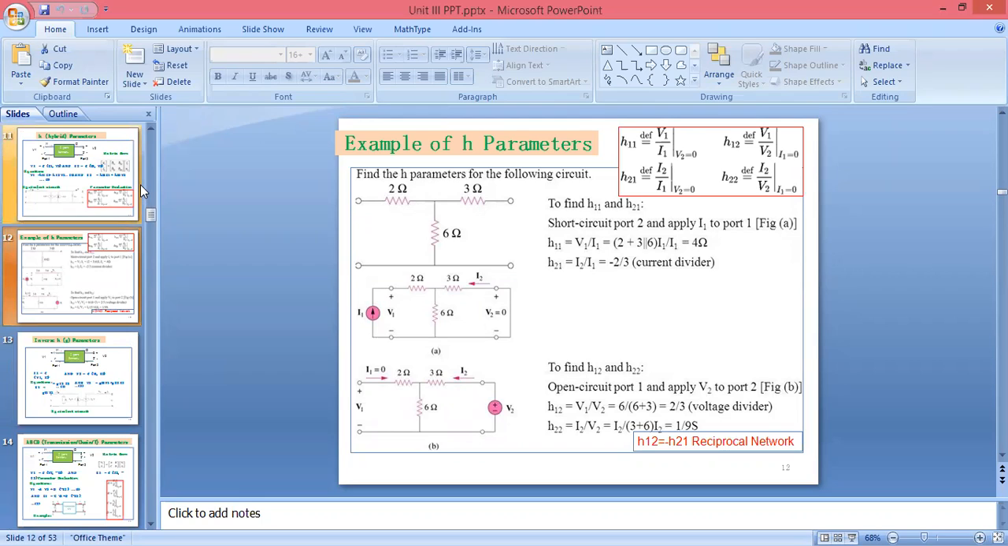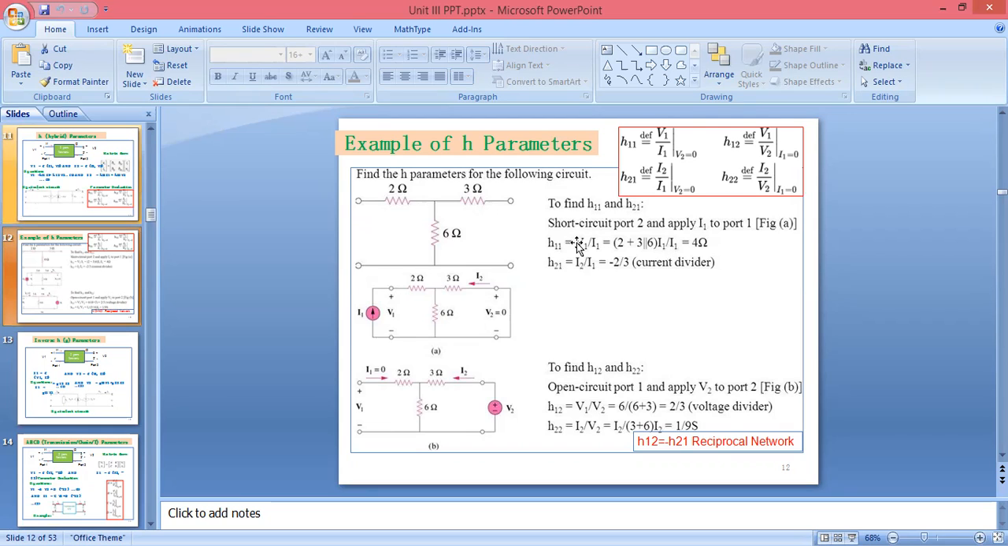We will revise our today's session. So in H parameter, what we have to do? Here we have to calculate the values of H parameters. H11, H12, H21 and H22. When we are supposed to use H parameter, at that time, port 1 will be considered as a Thevenin and port 2 will be considered as a Norton. So here, when we are supposed to calculate the value of H11 and H22, at that time we are supposed to